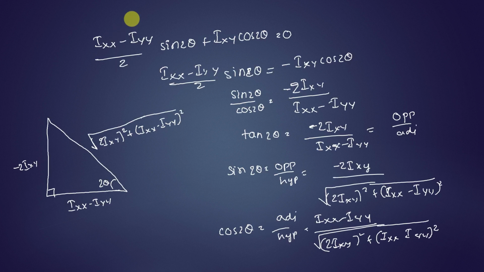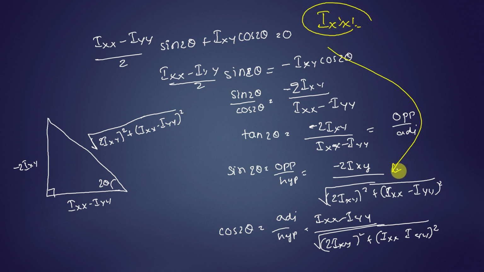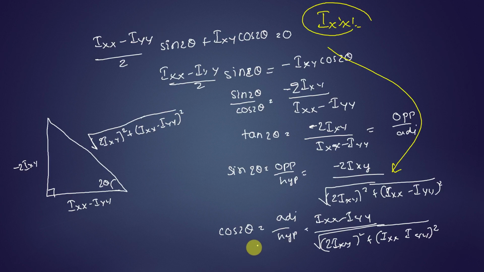So what I said, when this Ix dash x dash is becoming 0 and you are finding out the value of theta here, now they are principal axis. Let me now say the principal axis are u and v. Now I will write it as IUU. If you substitute these two values, then there will be no more Ix dash x dash. Ix dash x dash will be turning into IUU if you substitute the values of sine 2 theta and cos 2 theta over there. So finally you will get the value after simplification.